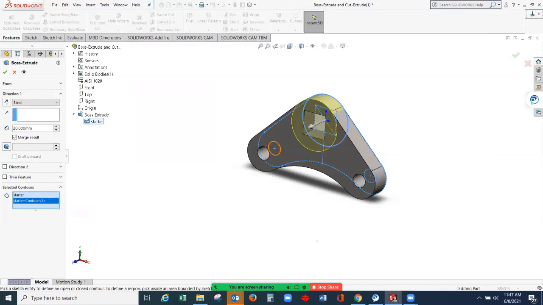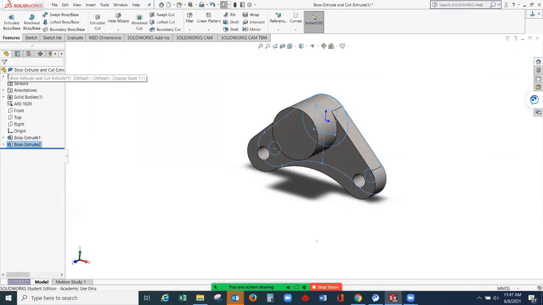As you can see, only the circle is selected. If I want to extrude it to a 55 millimeter thickness, select this green check mark. And that's it.